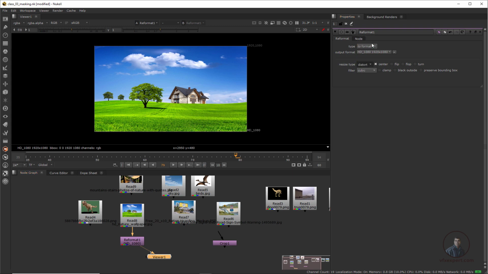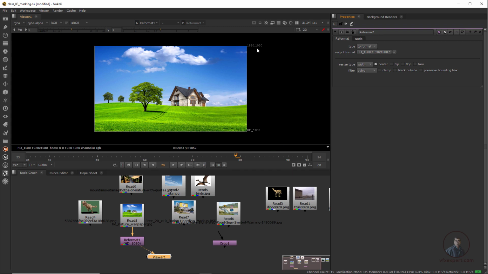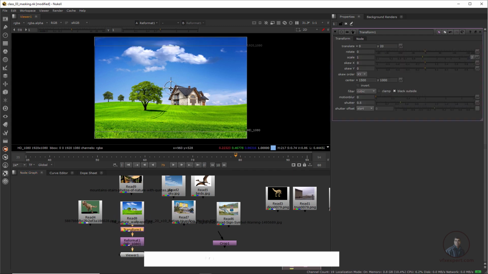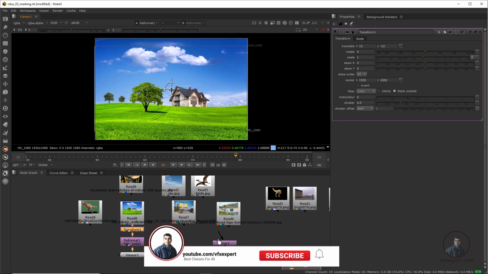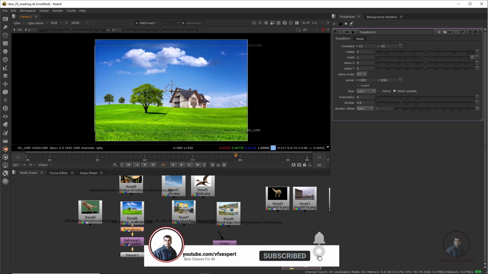But most people use width, because it will maintain your pixel aspect ratio and will not stretch your image. And suppose you want to change things a little, maybe the top side is important or the bottom side is important. You can use another transform node before this reformat, because this reformat is only for defining our frame size. So select this one and press T. Now if you press T, it will allow you to adjust your picture's area here.